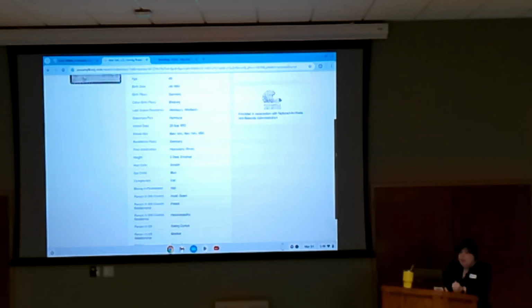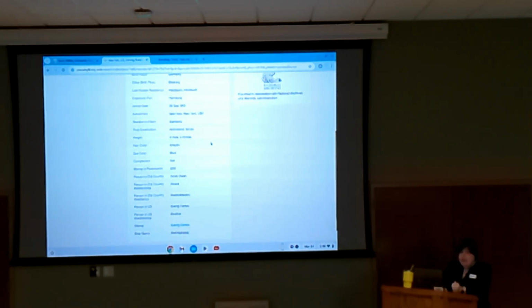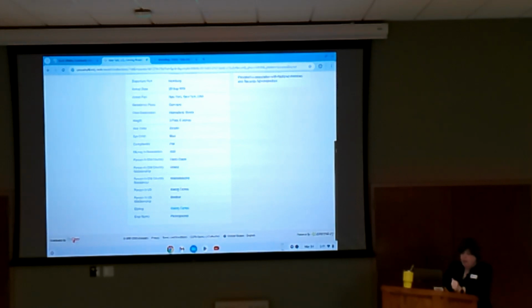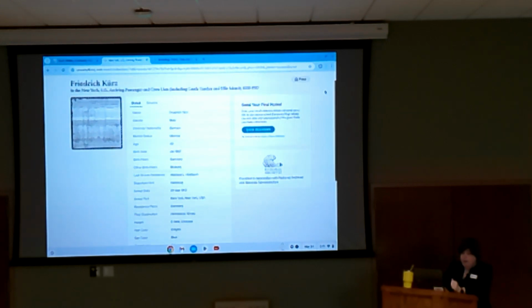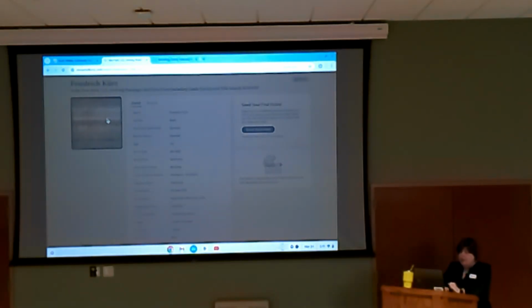And this gives some interesting information, the fact that it gives his height, where he's heading to, who got him on the boat, who he's going to in the United States, and what the relationship was with this person. If I go into the document,